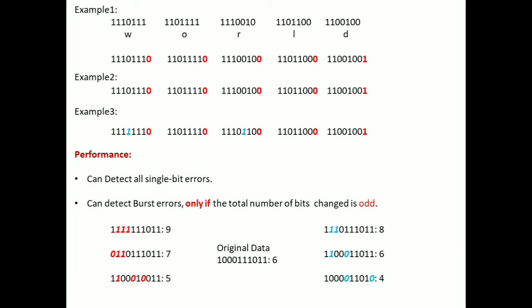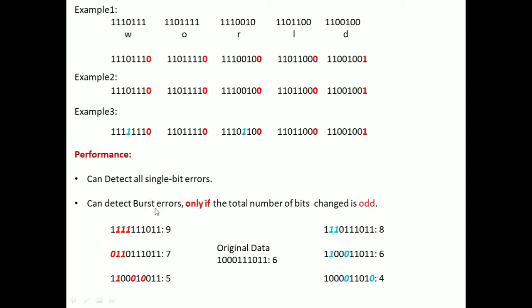And now let us take another example. So here the original data is 1 0 0 and so on, right? So the first bit has been changed to 0 and the next 2 bits have been changed to 1 and 1. So count the total number of ones here. We have 7, but originally we have how many? We are following even parity, right? So here we have an odd number of ones. So this information will also be discarded, because the total number of changes in the bits is odd. So at this moment, the single parity bit algorithm can detect the burst errors.